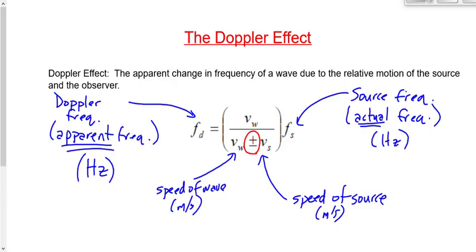What's the deal with a plus or minus? No, that's a good guess, but there's not two answers, actually. No, there's not two answers. No, not the direction either. Another good guess there. Would it work both ways? No, it doesn't work both ways. We're going to have to pick. Does it have to do with whether the thing is moving toward you or away? Yes. We have to pick one or the other, plus or minus, depending upon whether it's coming towards us or